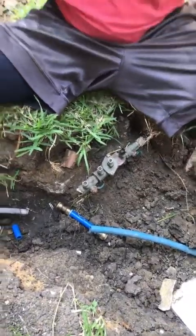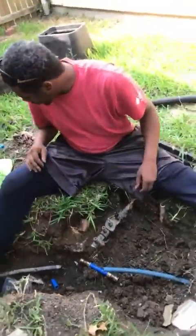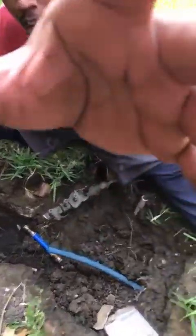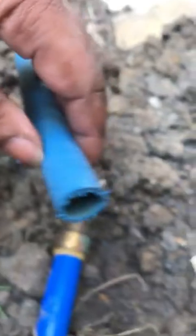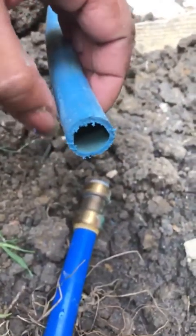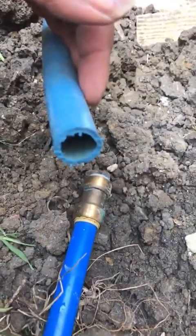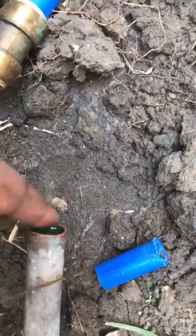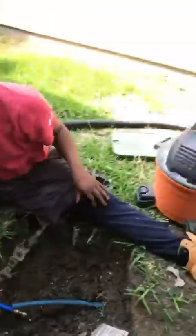Still got to put a little bit of sand on it, but it's all good. I ain't got to sand it down. I just got to sand the spurs. I don't know if y'all can see. These are the spurs that I'm telling y'all about, that you want to sand off before you connect this hose back up. You always want to sand off these spurs. It be on the copper part too. So you always want to sand them down, man, so you don't get no